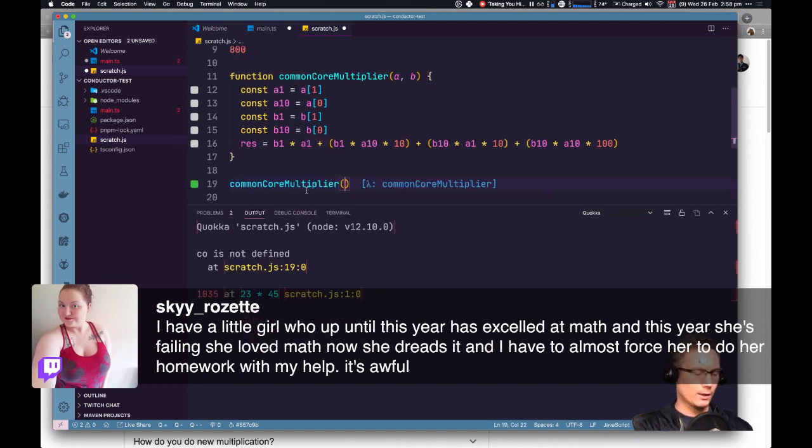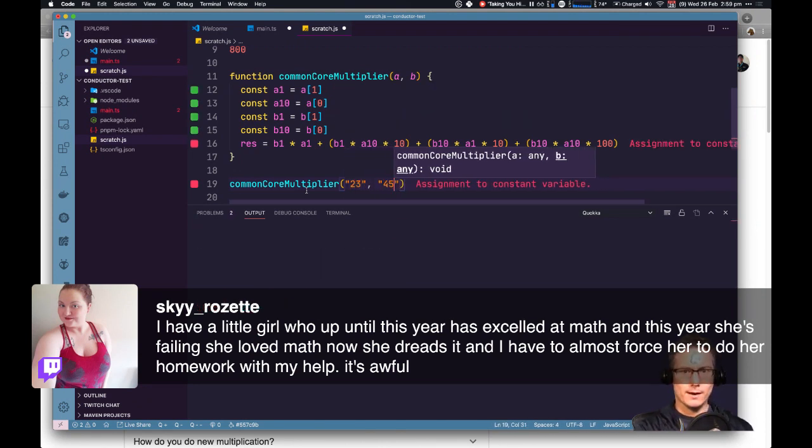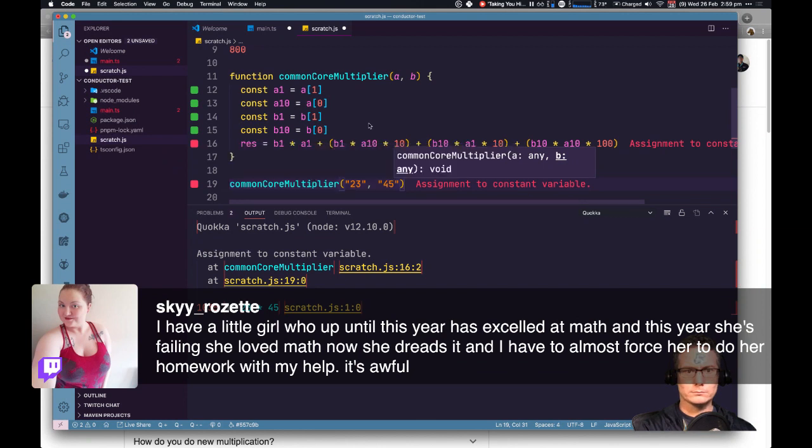And then common core multiplier of 23 times 45. Assignment to constant variable.